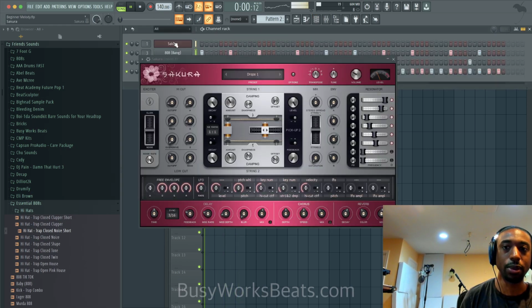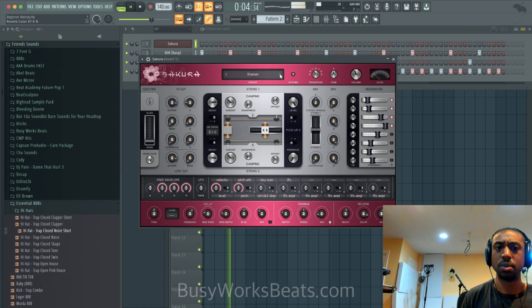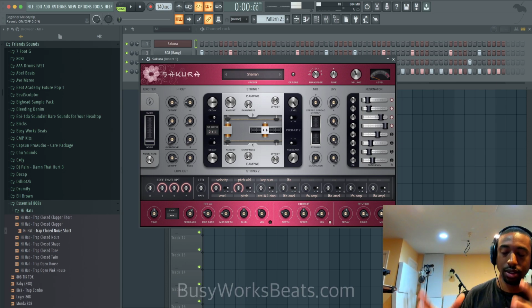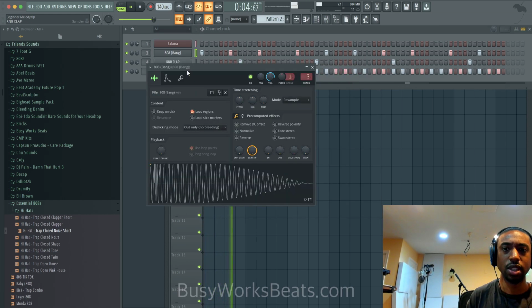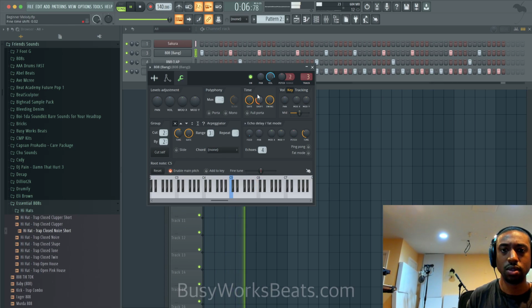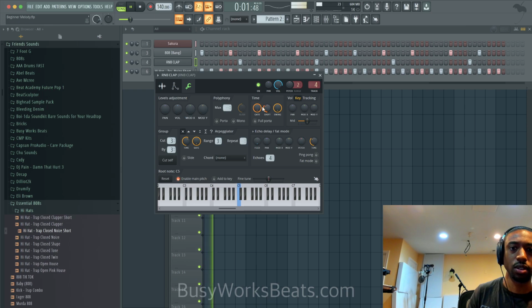Maybe not any sound, but you know what I mean. That's why it's so important to write with piano, because it's a general sound and most sounds will work. This one's cool. I might have to do a video on Sakura.